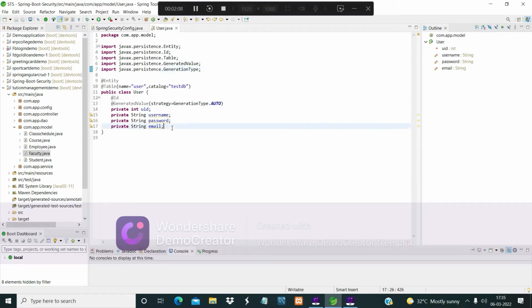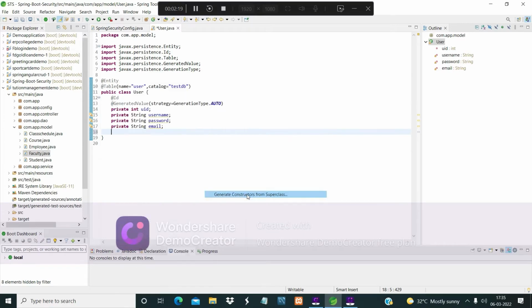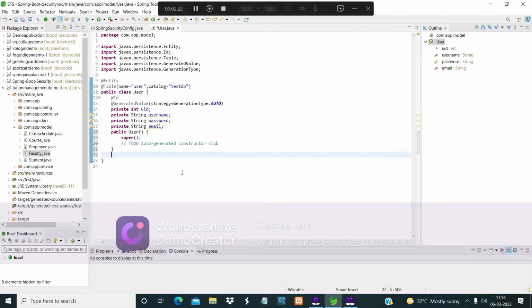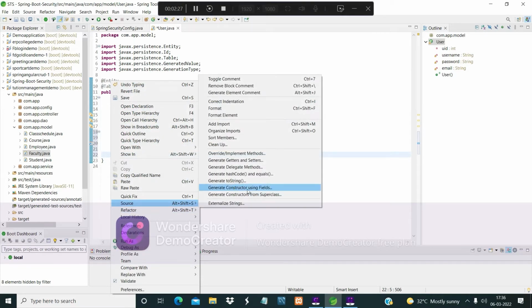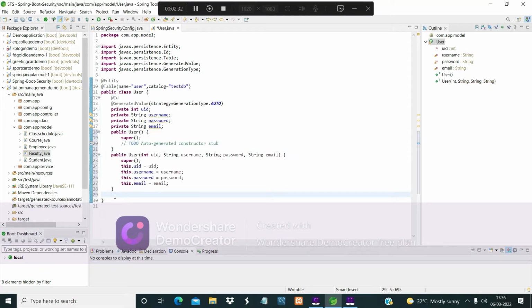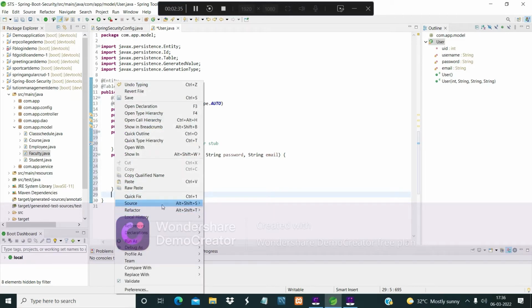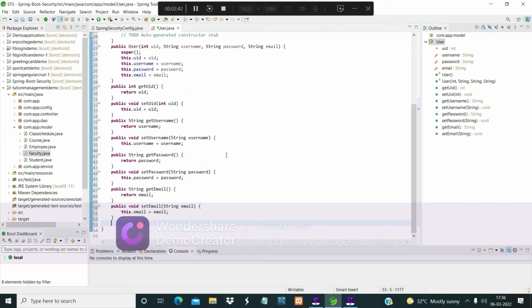Because it is for demonstration purposes, I am using only four fields, and we will add the no-args constructor. Then we will add the all-args constructor, and we will add the getters and setters. So our model class is ready.